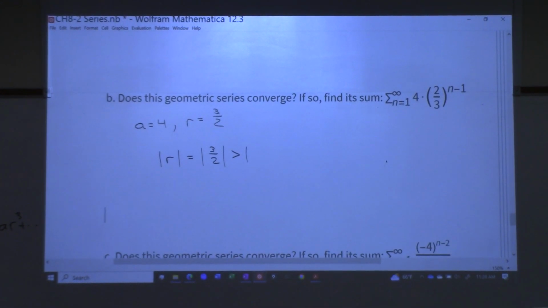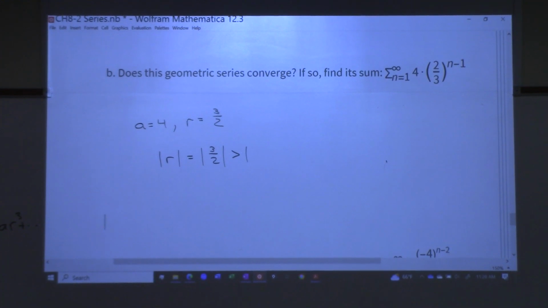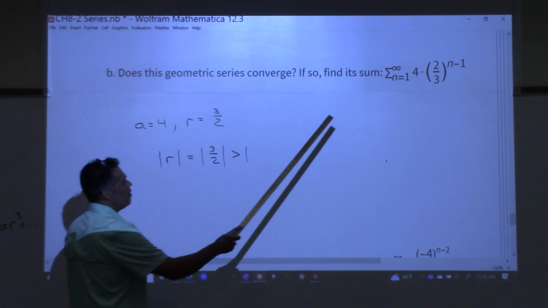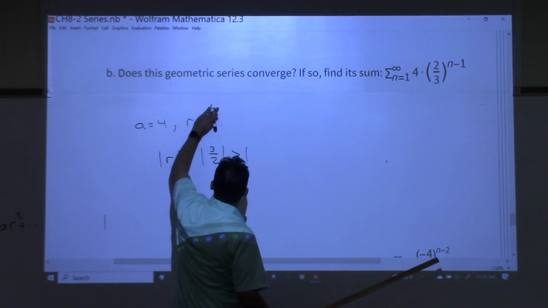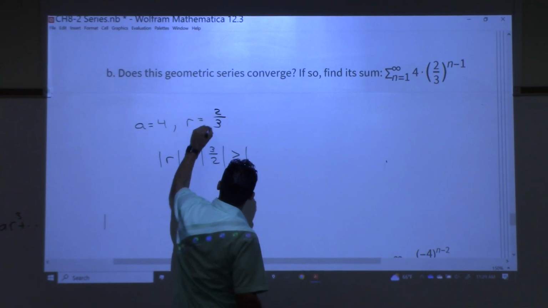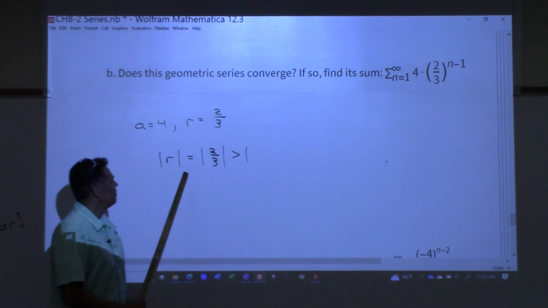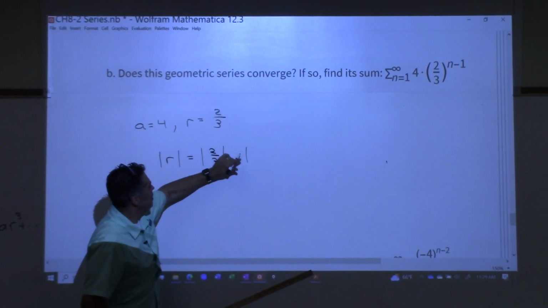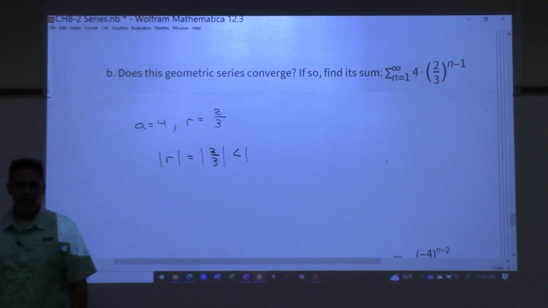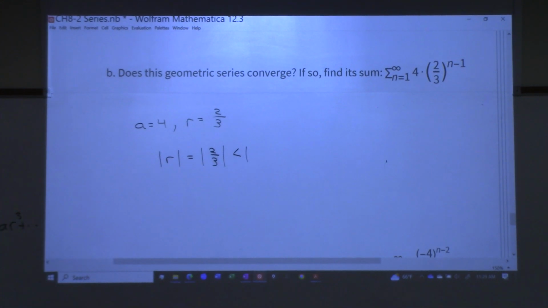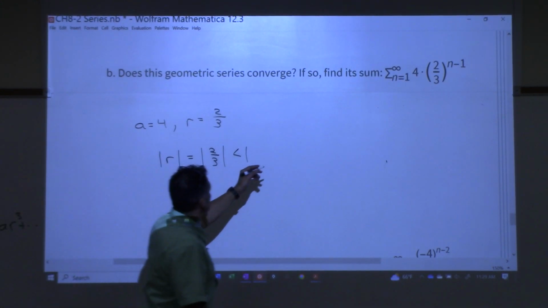Okay, this one, same thing. I'm kind of just laying it out here for you, right? A is 4. What's R this time? 2/3. Okay, so I check the absolute value of R. Absolute value of R is this time less than 1, which means we have a geometric series that is convergent. It's a convergent geometric series, and I know what it converges to, right? So this converges,